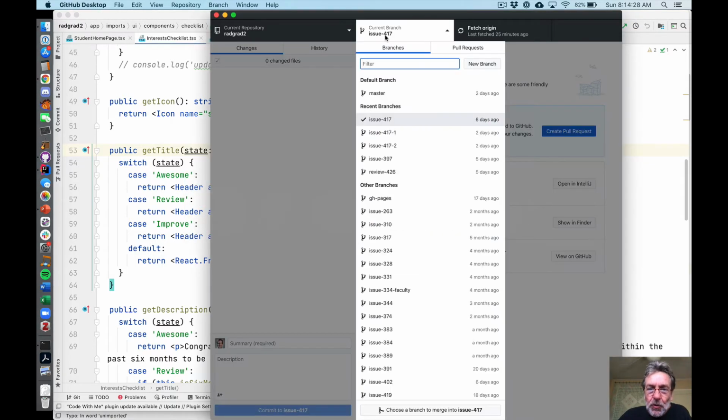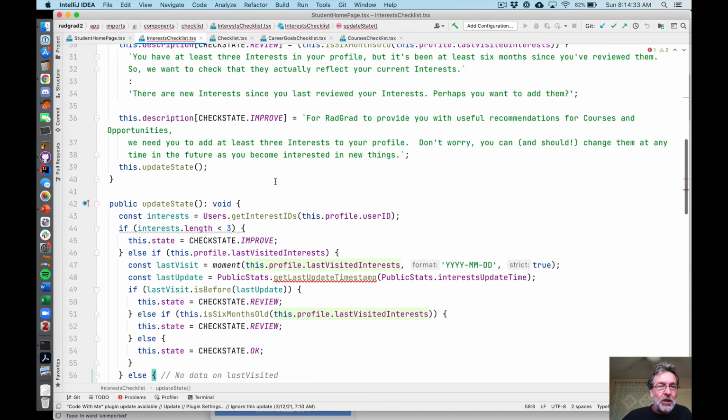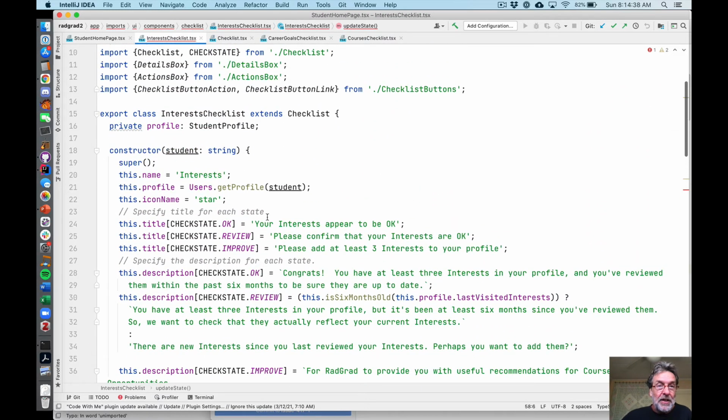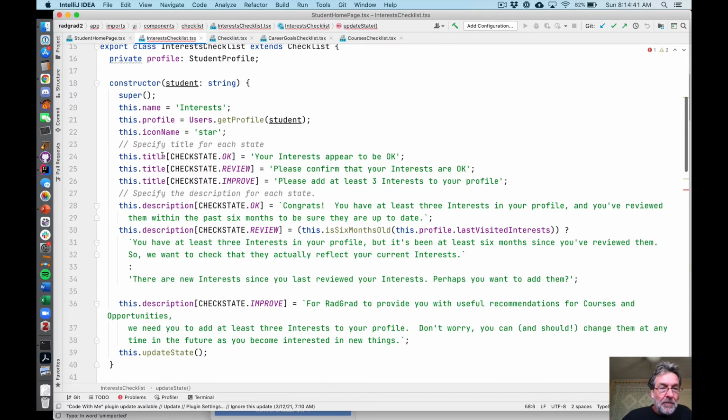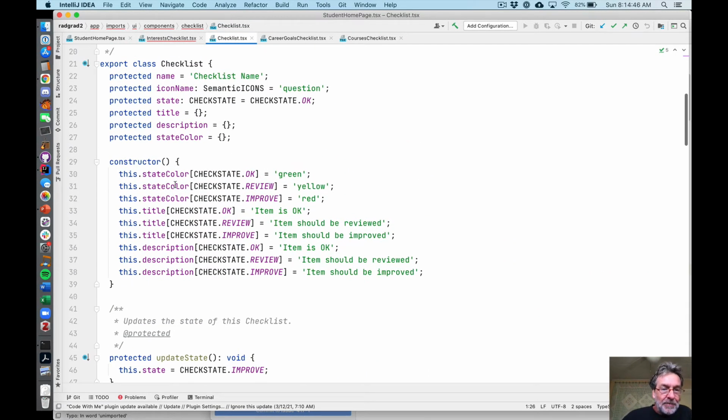And what I'll do is I'll switch to a different branch so we can see what happens. And so what happens actually in things like interest checklists or course checklists, there is no get title method anymore. And instead, in checklist.txt, we declare an object called title, and it can have 3 fields corresponding to the 3 states. You can see also I created this enumerated type to get rid of those magic strings. It can have 3 fields in it corresponding to the 3 states. And so what we do